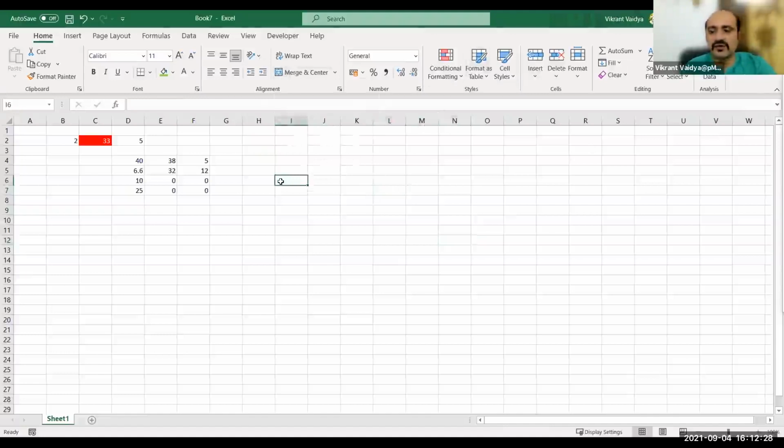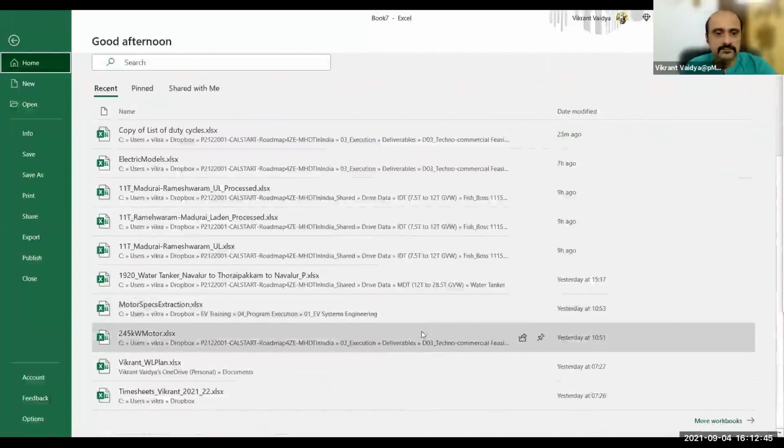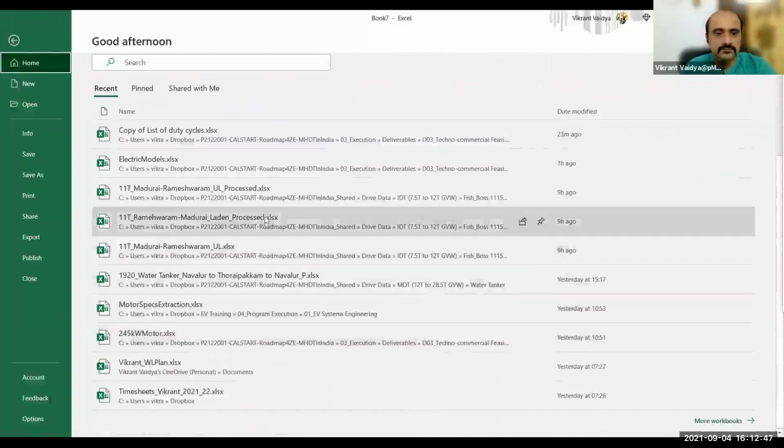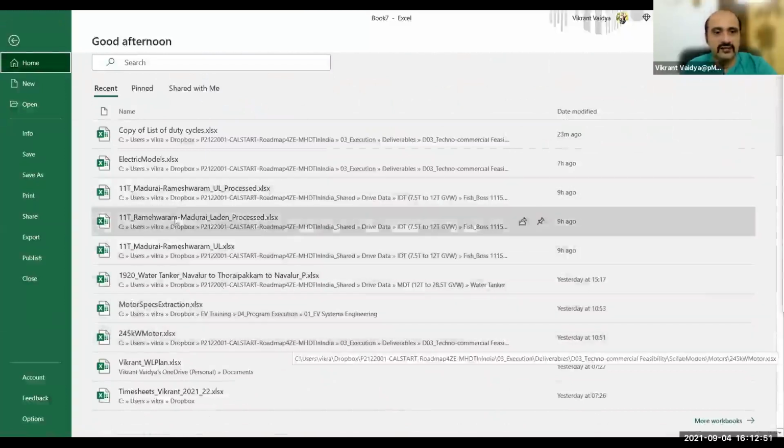There is one more important thing we should know in Excel, which is plotting. So let me see if I can bring in some data. Okay, I have a bunch of data here.